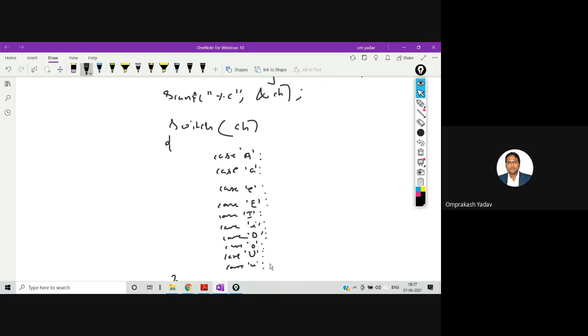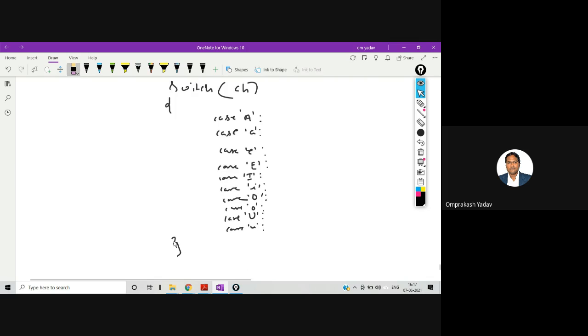And here we will write printf. If any of these characters are entered, we'll say vowel. Okay? And we'll say break over here.